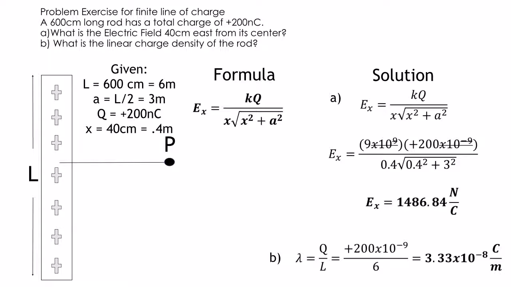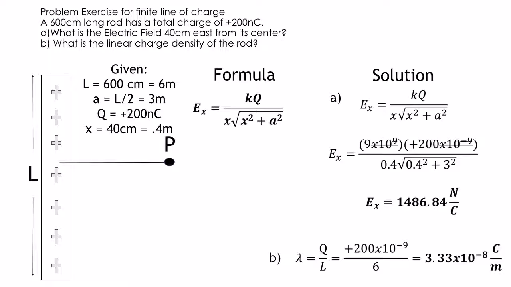A long rod has a length of 6 meters. A is only half of the length, so we must divide 6 by 2, which gives us 3 meters. Another given is the charge, which has a value of positive 200 nanocoulomb. Lastly, the distance from the rod is equal to 0.2 meters. So using our formula from the finite line of charge, we substitute its values, then have a final answer of